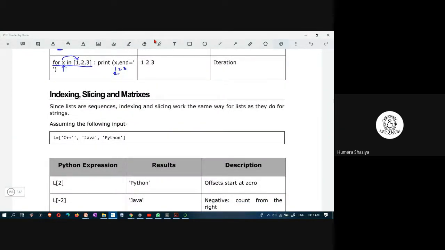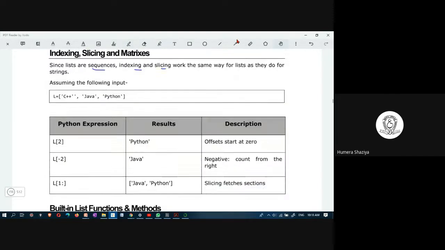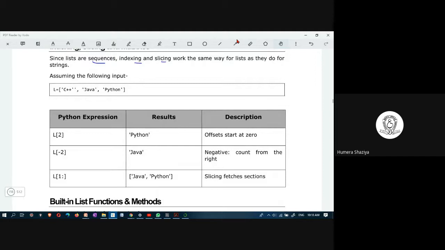Indexing, slicing, and matrices. Lists are sequences, therefore it is possible to index and slice the same way as we did for strings. L is equal to, this one is the list. L of 2 is, 0, 1, 2, Python. L of minus 2 is Java. Why is minus 2 Java? The index in the forward direction would begin with 0, 0, 1, 2. The index in the backward direction,